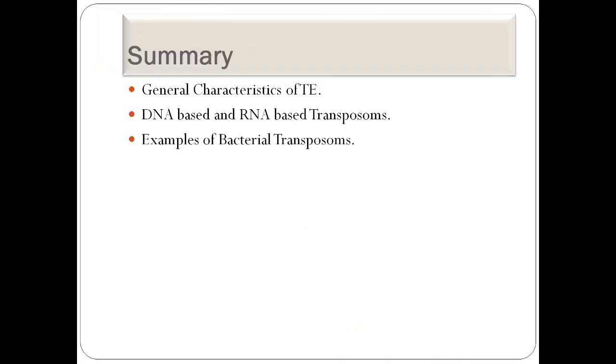Next is the summary. Today we have learned some of the general characteristics of transposable elements. We have also learned class 1 and class 2 types. First were the retrotransposons, retrovirus-like elements and retroviruses, which are the RNA based transposons, class 1. Next we learned the DNA based ones, and from these we learned two things: the cut and paste mechanism and the replicative transposon. In the cut and paste mechanism we learned two examples, the insertion elements and the composite elements Tn5, 9 and 10. In replication we learned Tn3.